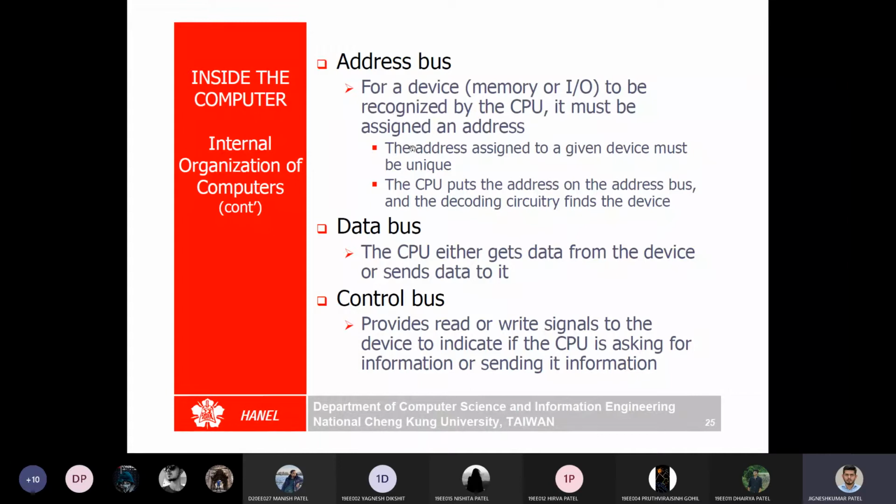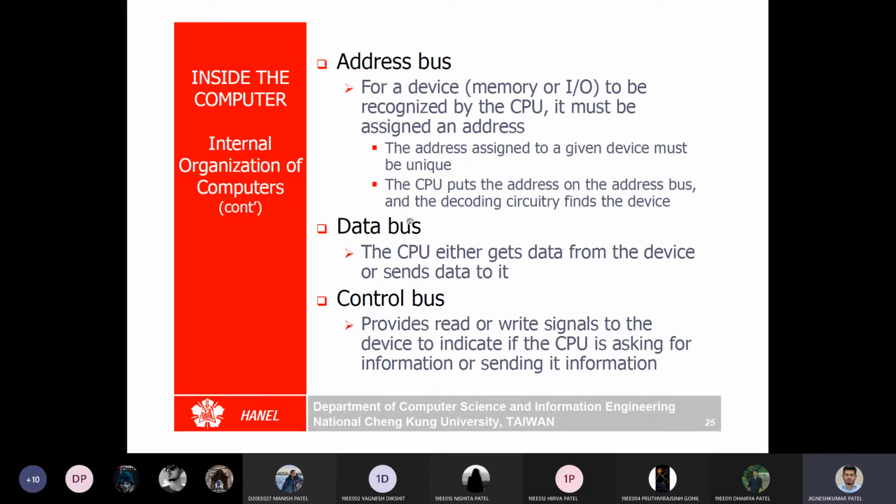Like we have a house number for all the houses in a society, or we have a name of the society to identify it in a city. Okay, if we have a city map, you have to give some name to the society. Along with that, you will provide some nearby landmark. So that's a kind of address, just to identify that particular place. There can be more than 1 or 2 societies with the same name. In that case we provide some additional information, so that's a kind of address.